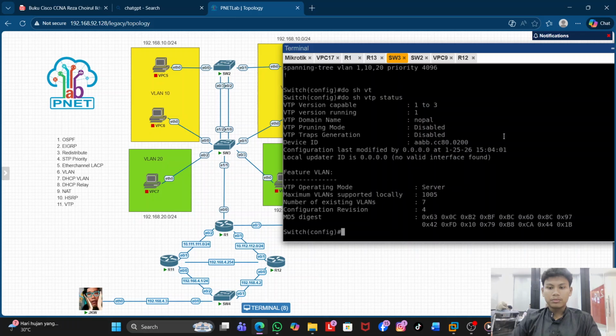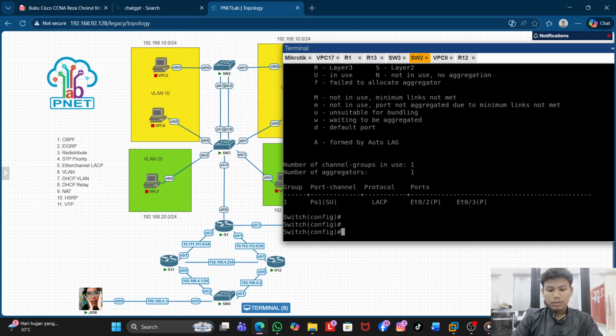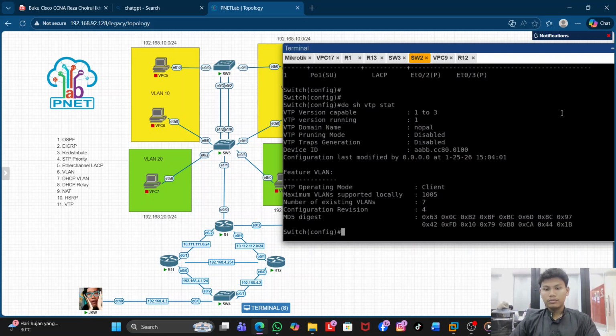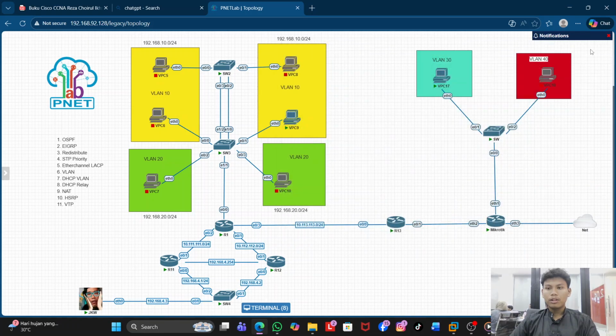Switch 3 becomes the VTP server, and SW2 is the VTP client. Okay, and that's all the points.